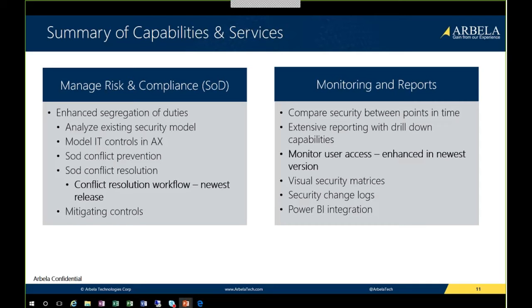So we have a series of those matrix view reports that you can export to Excel and get a very detailed view of your security model. We have change logs for the security changes themselves, and we have change logs for user and role assignments and user role changes. And finally, you have integration of Power BI. We can help you set that up with you as part of a solution, and we can get you set up to report out of Power BI based off of the security queue.